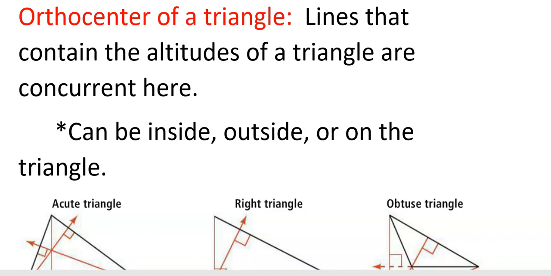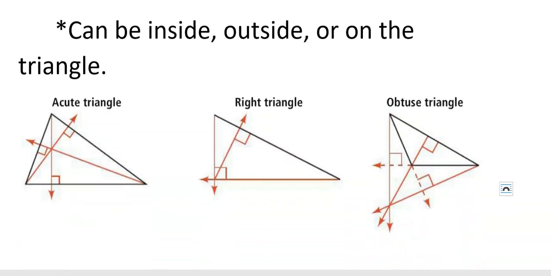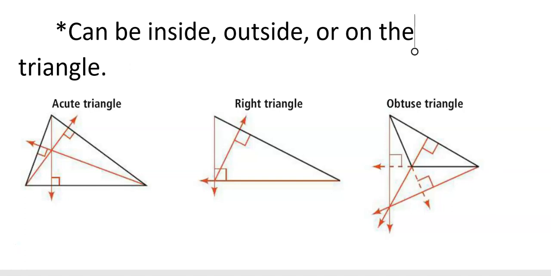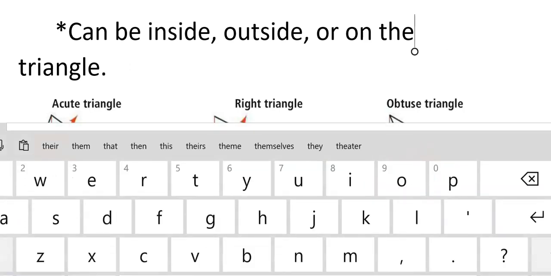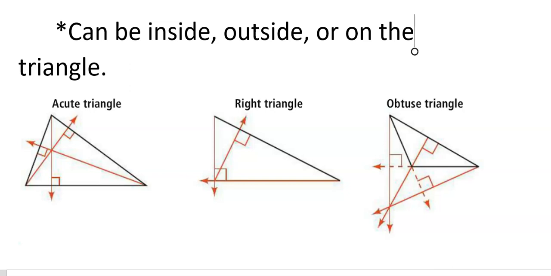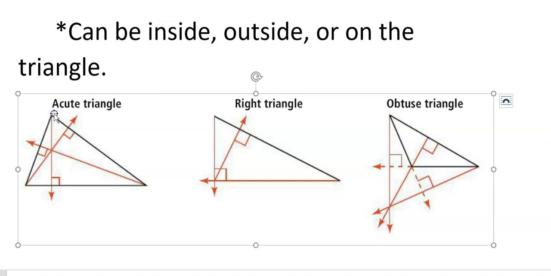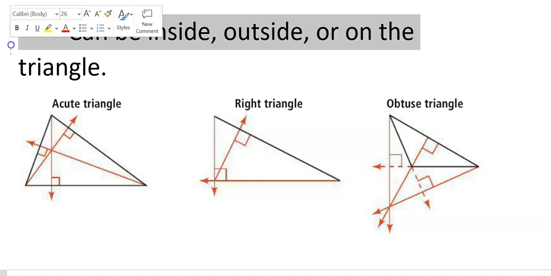So orthocenter, the lines that contain the altitudes of the triangles are concurrent here. This kind of tells where they are. So if you have an acute triangle, what happens is you're going to do the perpendicular one to this side on the right. Perpendicular, and it has to go to the angle. You're going to do this one, it has to be perpendicular. This one has to be perpendicular. So if it's acute, the orthocenter is going to be on the inside. Okay, so you don't have to draw the triangle, just put acute